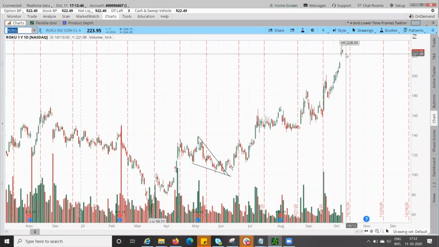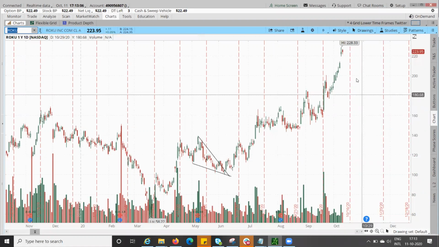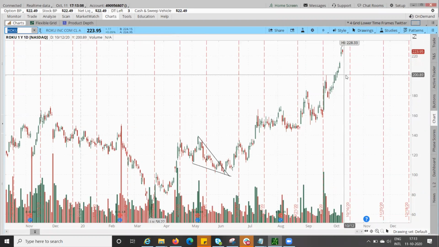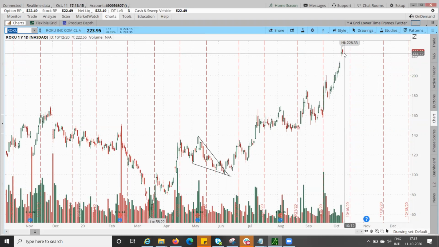If, let's say tomorrow morning, something negative comes and it touches 213, 214, then you can go long at that price. Actually, I bought some puts of Roku last Friday, so that's why I asked if it will fill up the gap or not. The gap will always be filled. You don't know when. And there is an inside day as well.